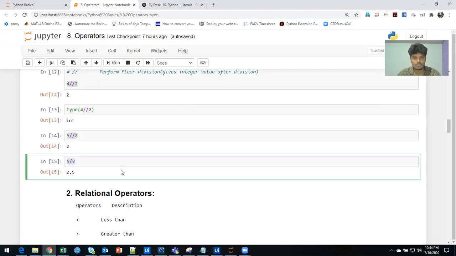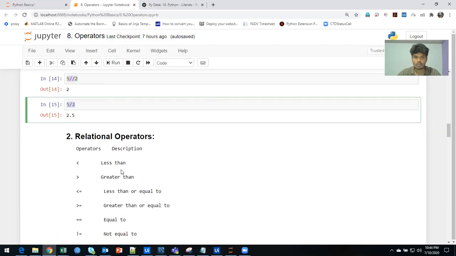So next we are going to see about rational operation. Rational operation, what is that? Sorry, not rational. Next we are going to see relational operators. So relational operators are comparisons, either less than or greater than, like that. And any others like not equal to or less than or equal to, those things are relational operators.